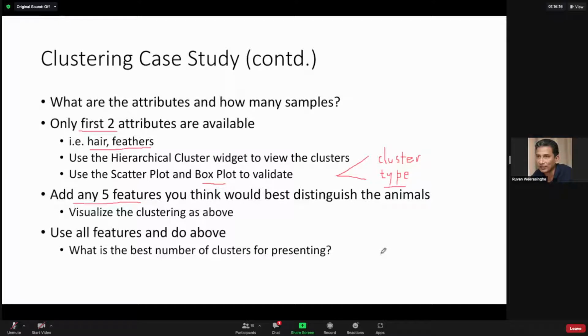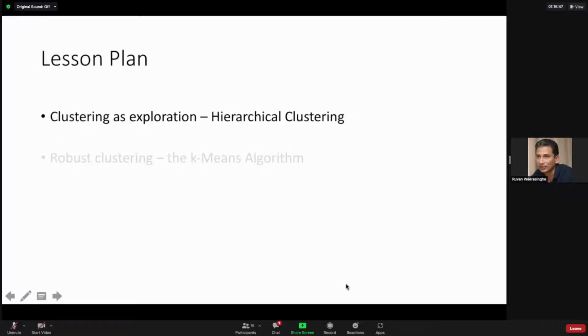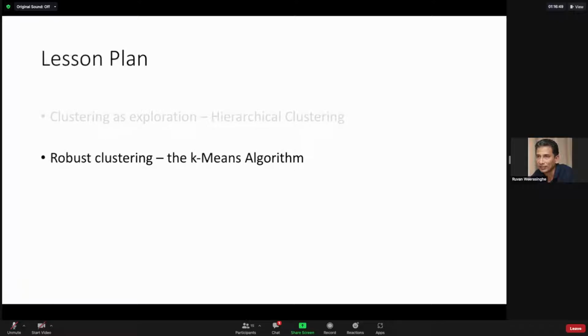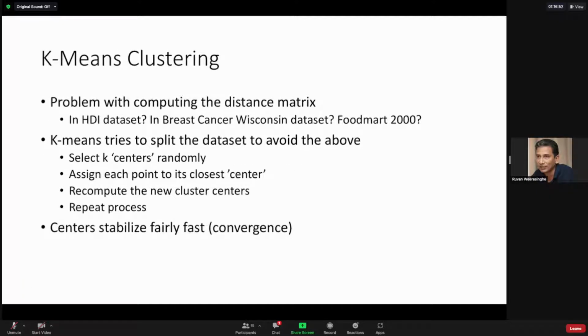It may not be possible to get our clusters exactly mapping onto the types, right? So the main takeaway from this discussion on clustering is that it is hard to say something is right or wrong, but you can of course say this is better or worse. I think I have exhausted my 90 minutes, but I will very quickly